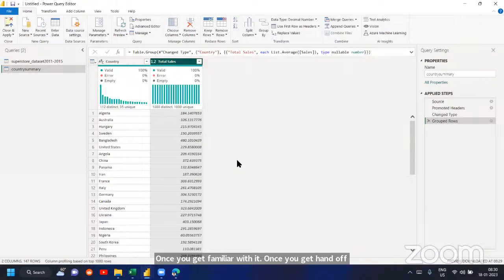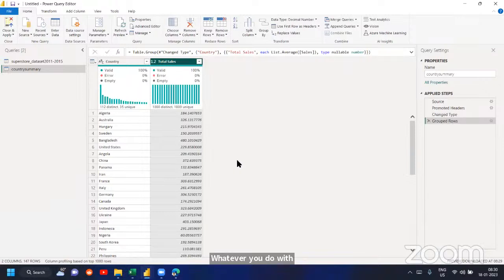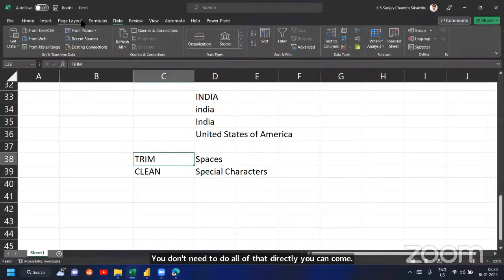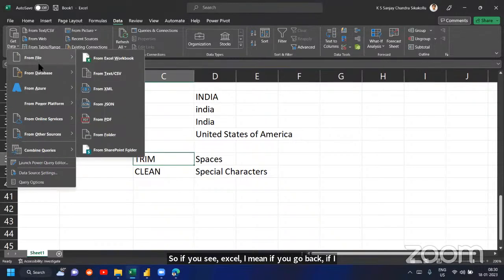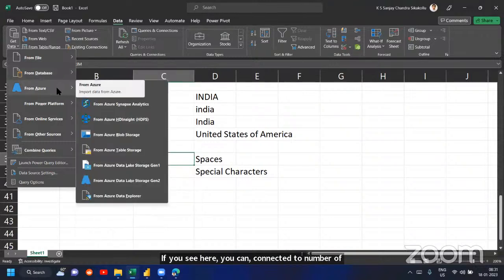The best part about Power Query is whatever you do with it, you can bring data from multiple sources. So if you have data from SAP, you don't need to go to SAP, extract the data, and bring it to Excel. Directly you can connect. If you go to Excel, you can connect to a number of databases directly. You don't even need any middle person to give you the data.